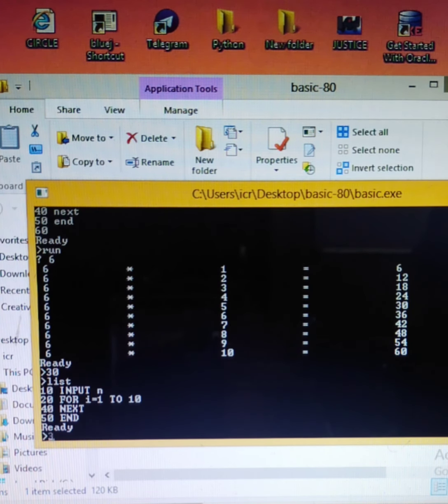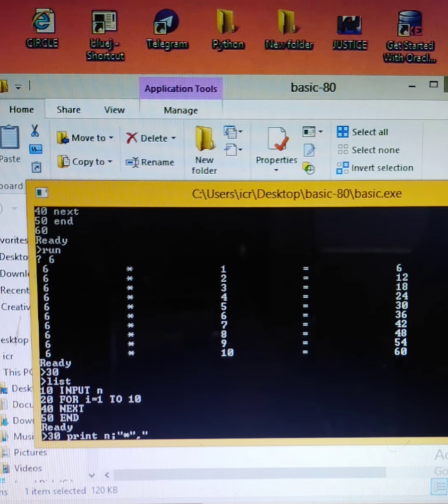Now let me add line number 30: print n semicolon. If you do not require a whole lot of space, you need only a very simple space, or at least negligible space, so the semicolon will help you in that.